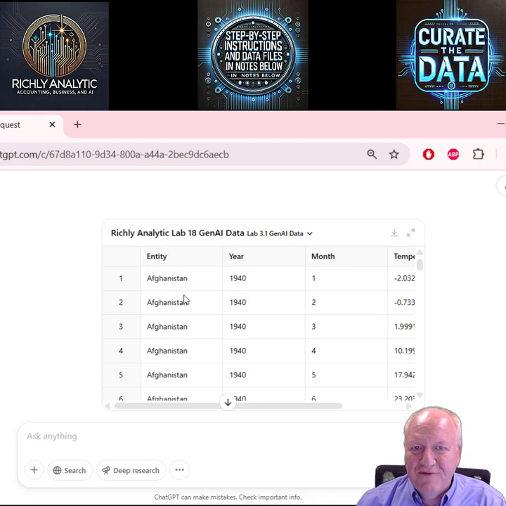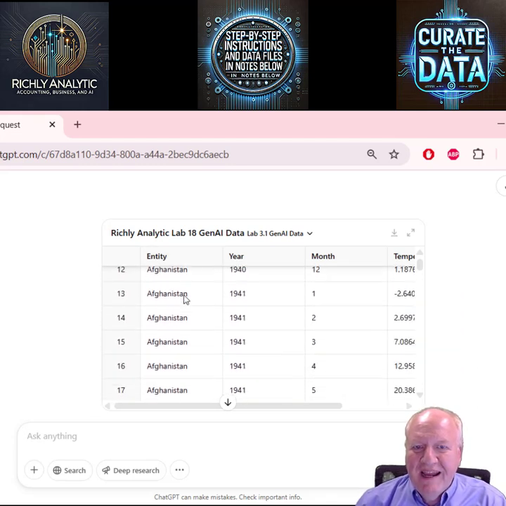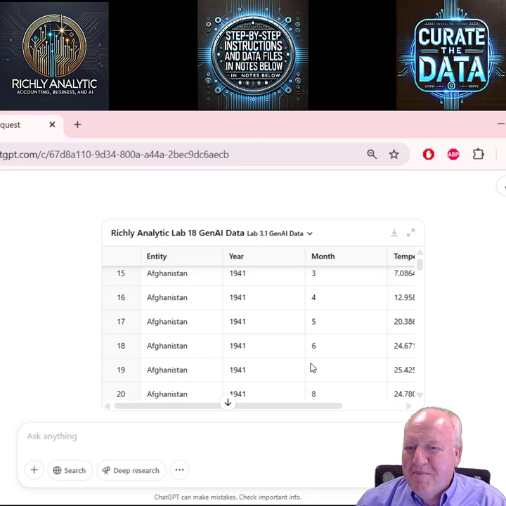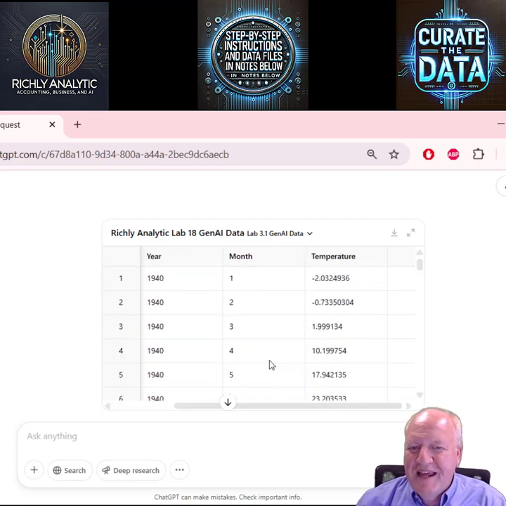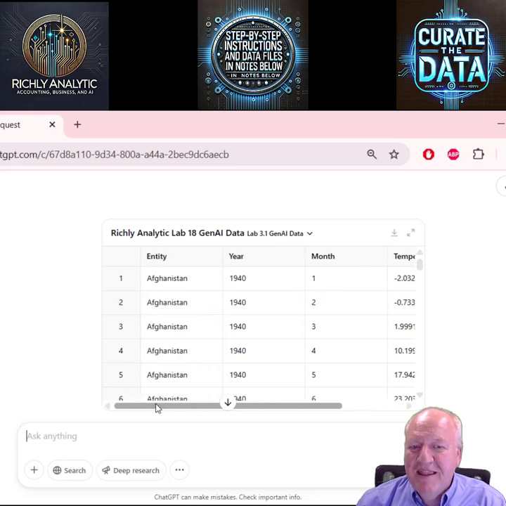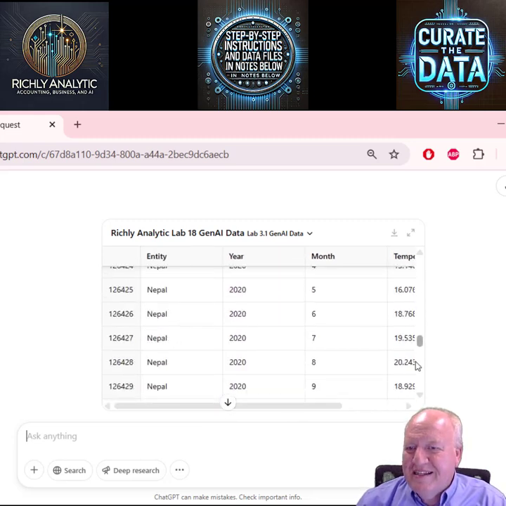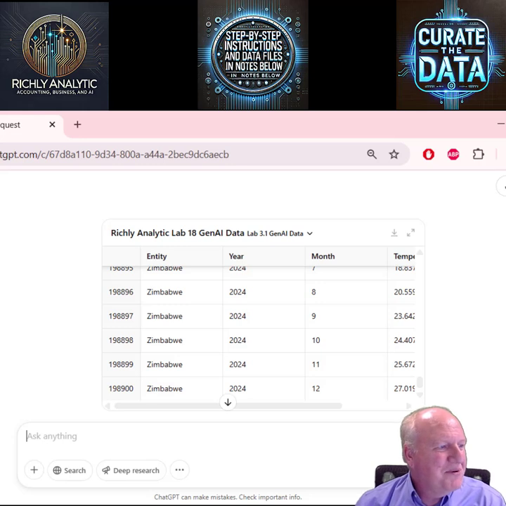So this is data by country, by year, by month, average temperature. And based on those average temperatures by month, we have a huge data set to evaluate temperatures across the globe. Sometimes we might want to use it to see if there has been controversial things such as climate change. We won't get there today, but it would be interesting.